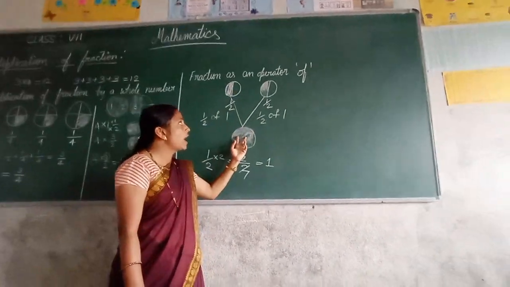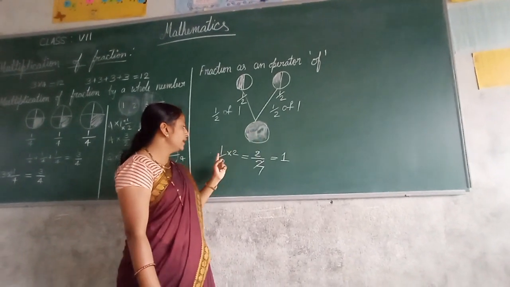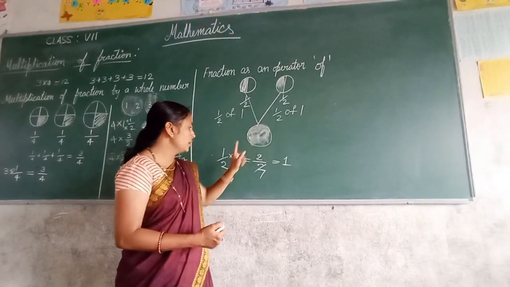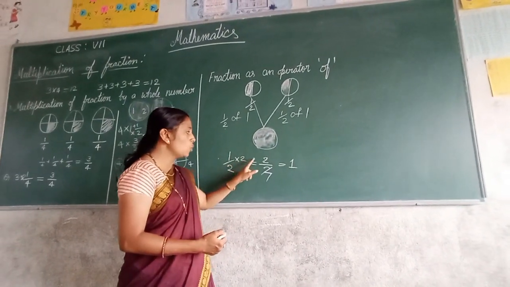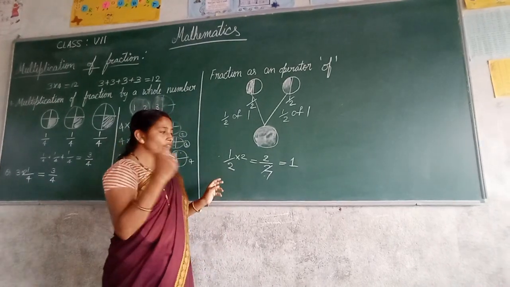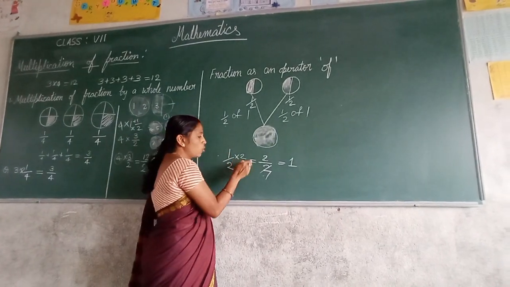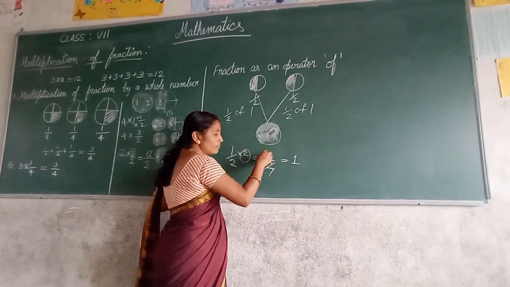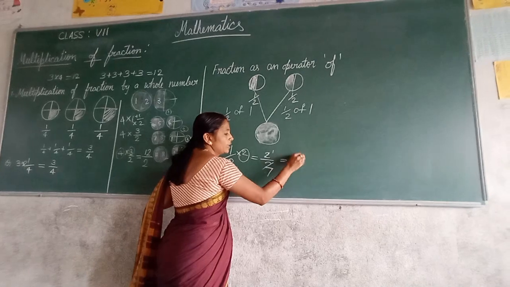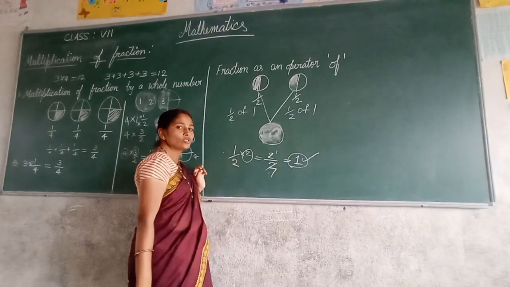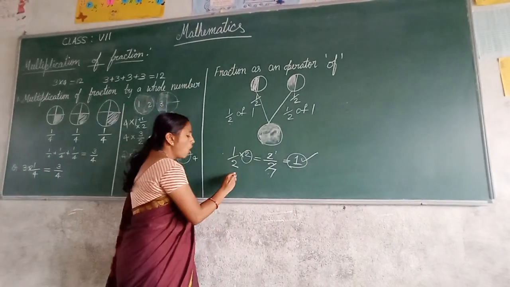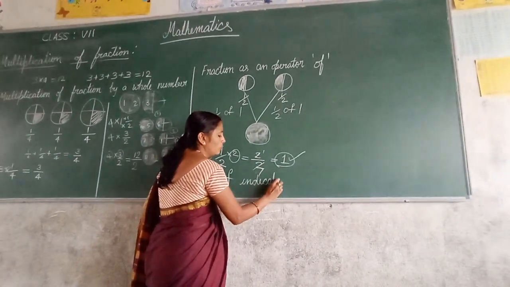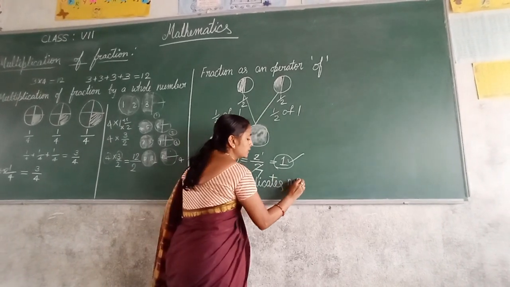Now if we have to put both together, I have to multiply both. If I were to add 2 times, half is repeated 2 times, so half into 2, then 2 upon 2. As we have learned, the whole number has to be multiplied with the numerator 2 upon 2. Then if you simplify, 2 ones, you will get the answer 1. Even in the picture you have got the answer 1. So the word of indicates what? Multiplication. The word of indicates multiplication.